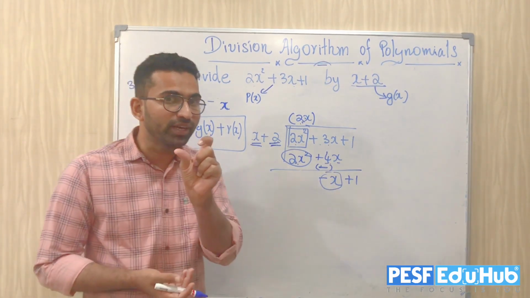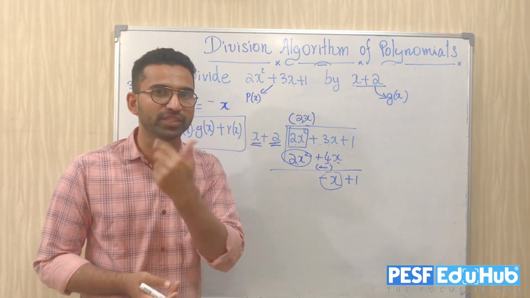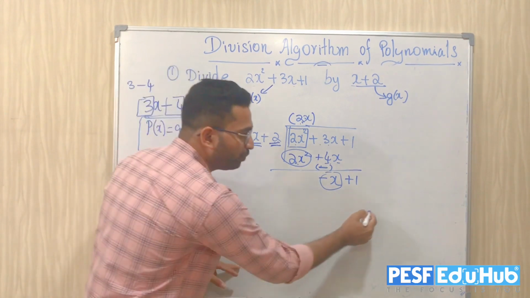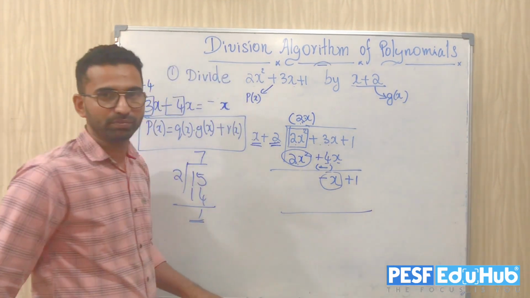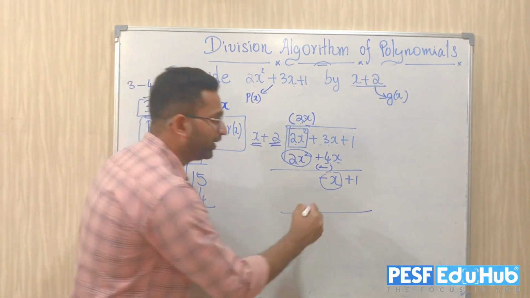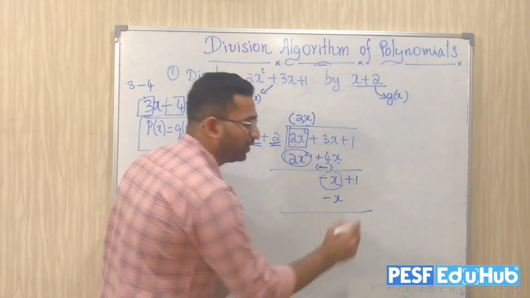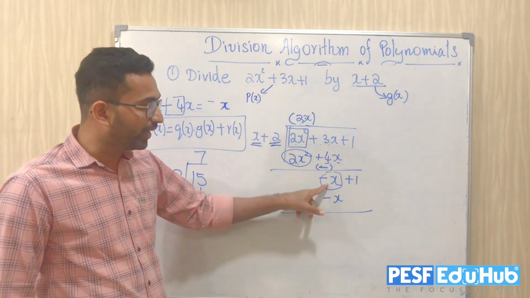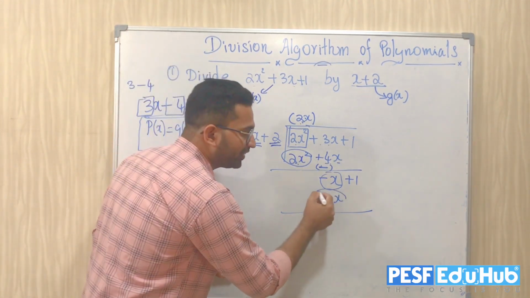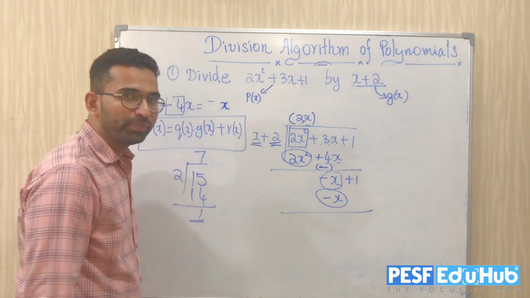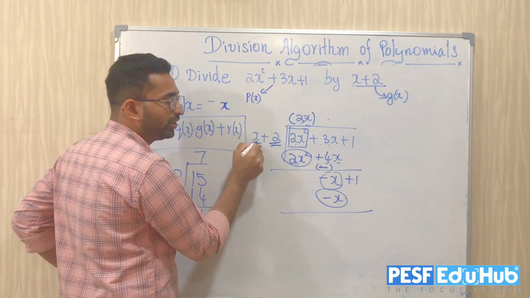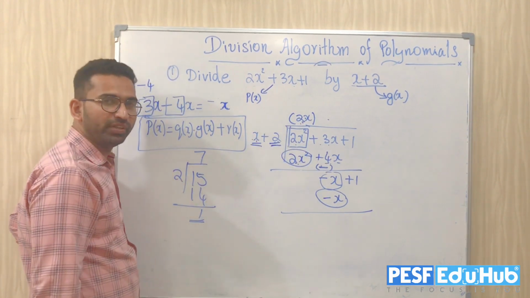As I told you before, when we move from this step to the other step, definitely what should happen? The term containing the highest exponent should disappear, meaning this -x should disappear when we move from this step to another step. It means if there is a -x here, then definitely I should write a -x here. Then only when we subtract, it should disappear. So if you want to write a -x over here, what should I have to write here? And I have to multiply with x.